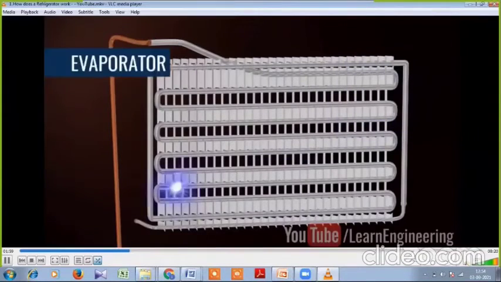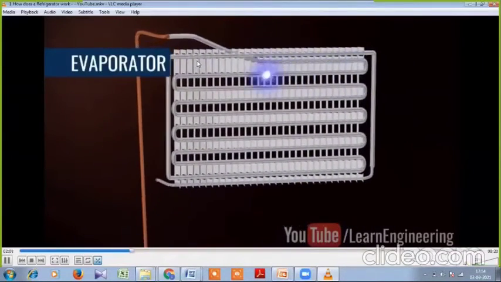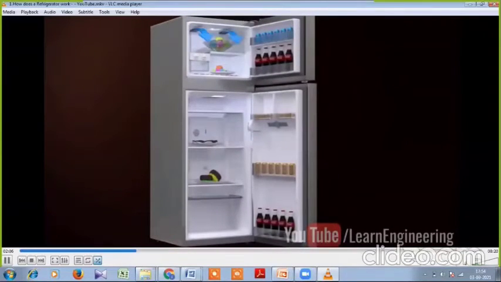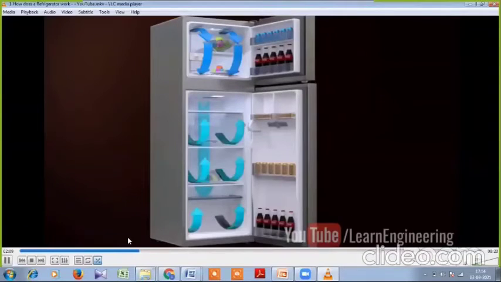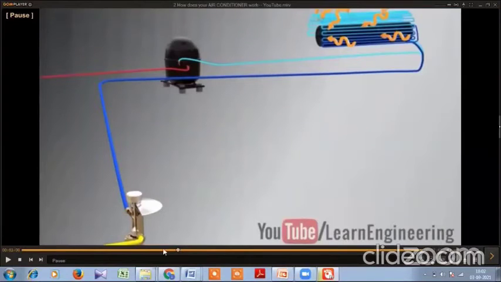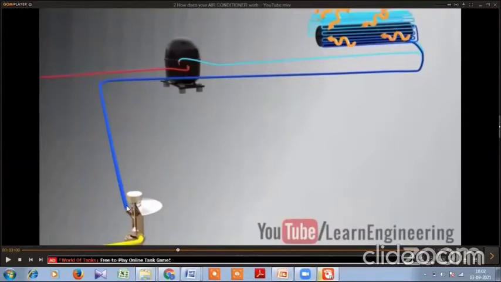This is called the evaporator. Okay, and these are the tubes through which the refrigerant will pass, right? Generally we use copper tube. Particularly, expansion valves are divided into various categories. Basically we use the thermostatic expansion valve in the air conditioning unit. So here in the thermostatic expansion valve, what it is doing, it is having a sensing bulb. Okay, that sensing bulb is present in the suction line of the compressor.